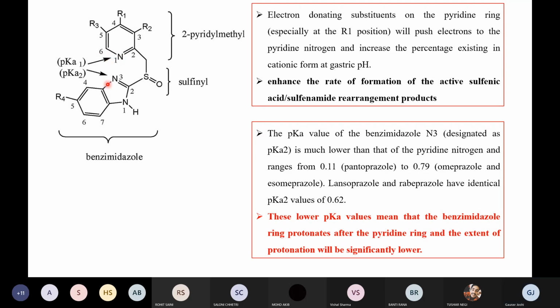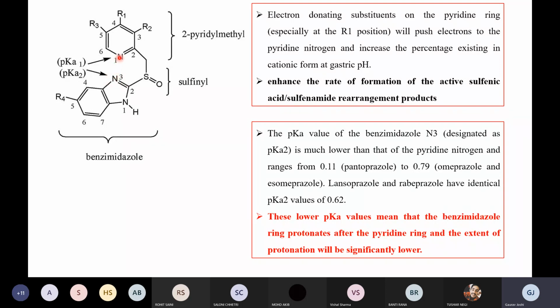Anyone? If the benzimidazole nitrogen will have a higher pKa, what will happen actually? Anyone can answer this. See, if this will be having a higher pKa, this will be getting protonated first, right? And if this will be getting protonated first,